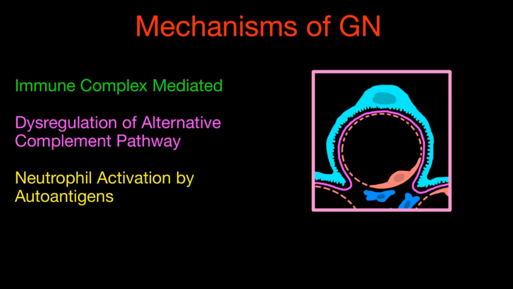So in this video, we're going to talk about the mechanisms of glomerulonephritis. And just to be easier, I'm going to say GN for glomerulonephritis, which is essentially inflammation at the level of the glomerulus. And as you probably already know, it results in hematuria, typically some degree of proteinuria, and different degrees